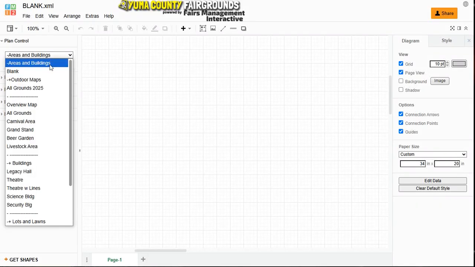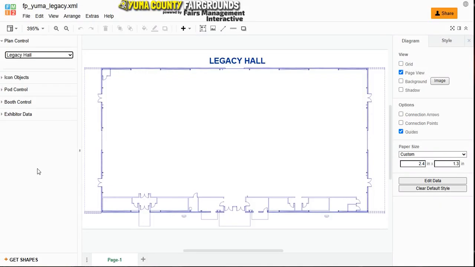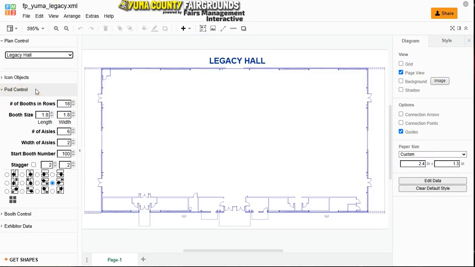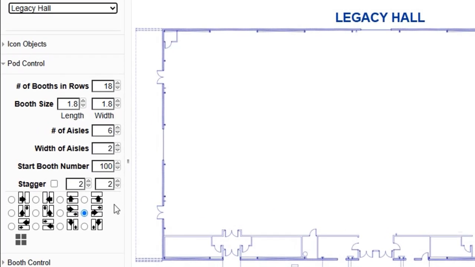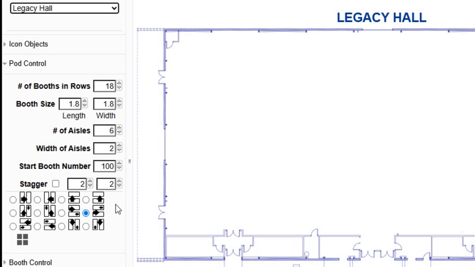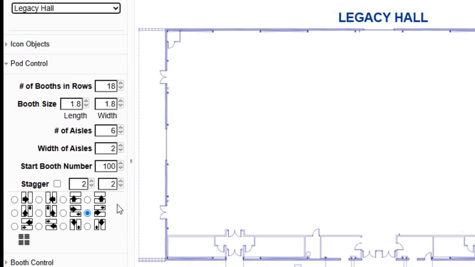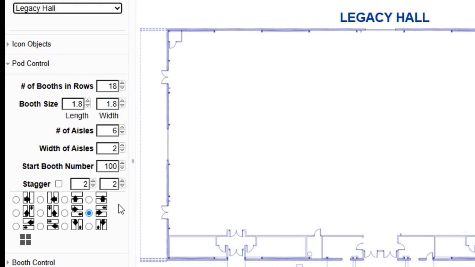In terms of laying out chairs, we've found that rather than using icons, it's much better to use the pod tool and treat the chairs as essentially booths. The technique I'm going to show, besides being quick, also provides more flexibility for editing the present layout as well